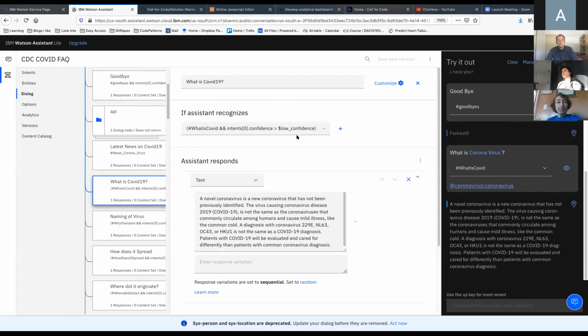And here they're talking a little bit about confidence scores. With NLP, there's this concept of confidence scores: how sure is it that it's asking about this particular subject?